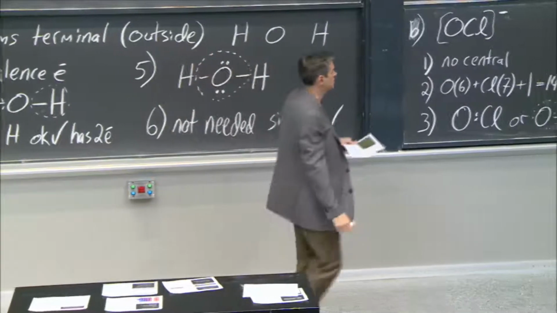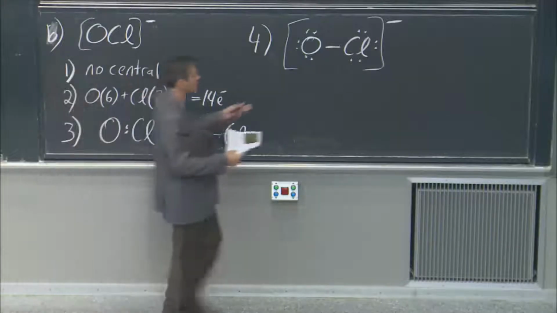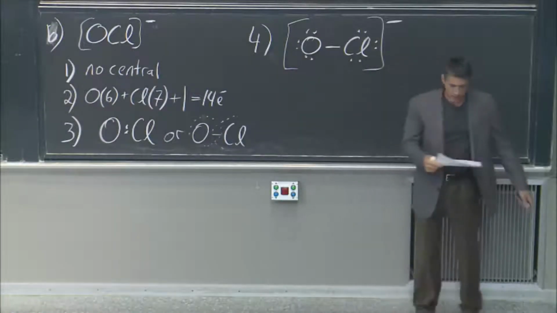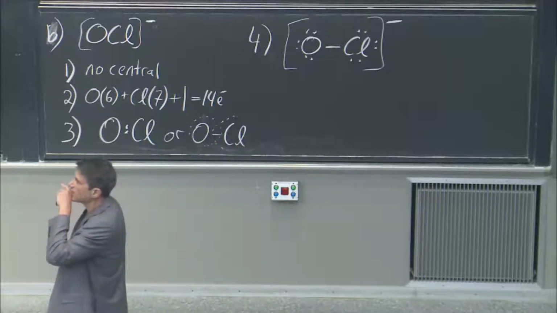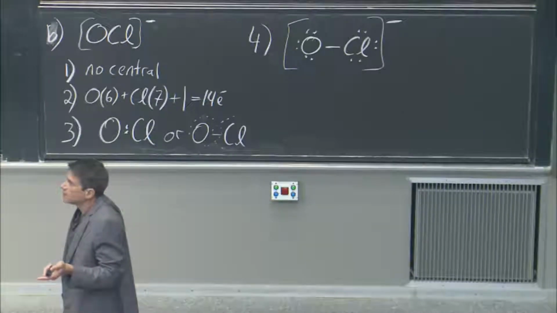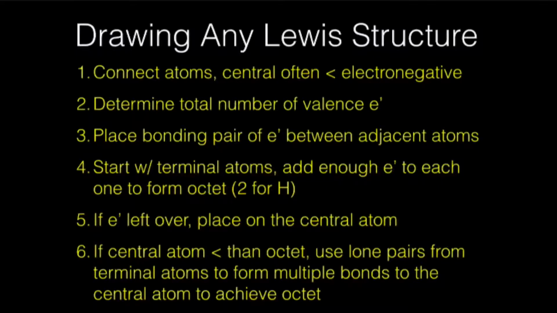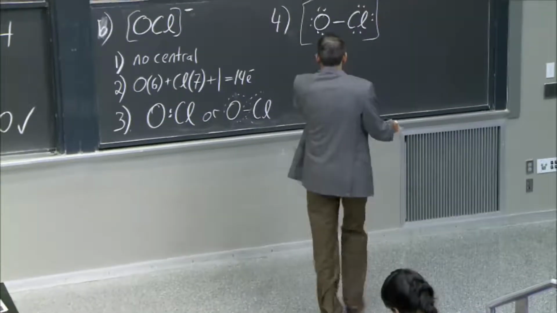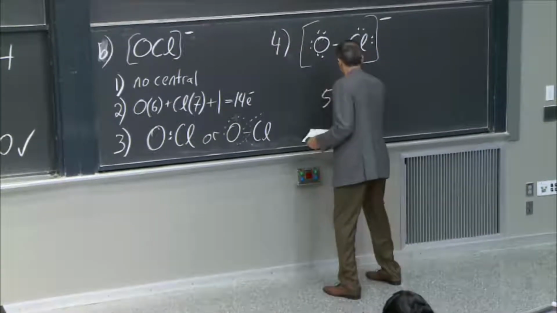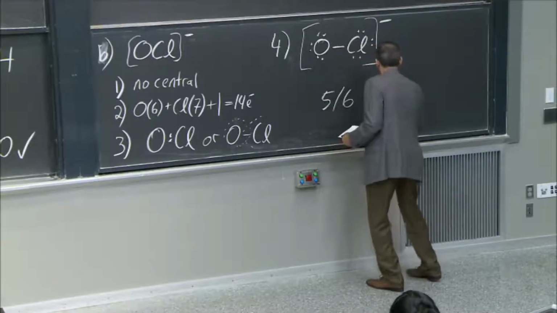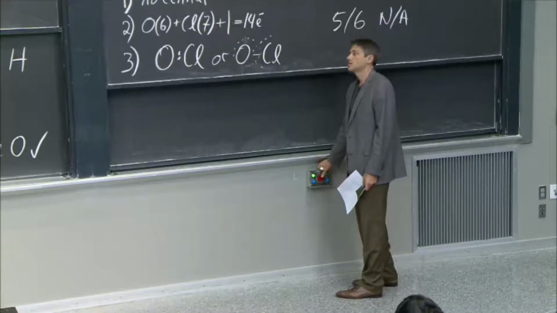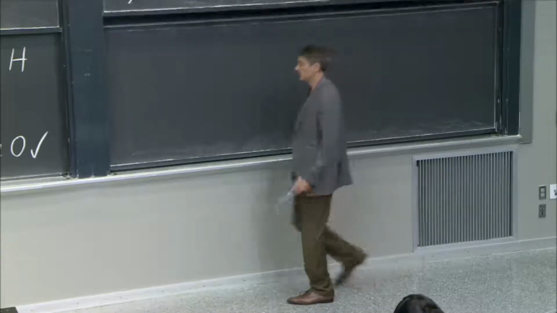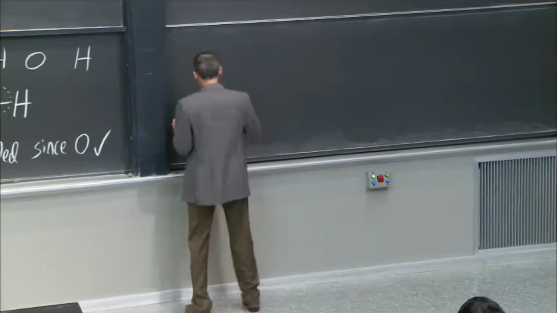It is charged. And in this molecule, each atom has an octet. I used the extra electrons. Are there electrons left over? No electrons left over. Is the central atom less than an octet? No, they're already octets. So steps 5 and 6 are not needed. Oh, but the last example is going to be more interesting. So let's do that. Last example.